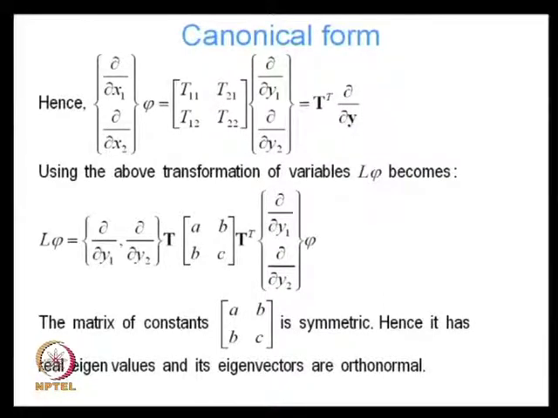Now look at this matrix A, B, B, C. This matrix is symmetric, right? Because it is symmetric, I know that its eigenvalues can't be imaginary numbers, its eigenvalues got to be real numbers, and its eigenvectors form an orthonormal basis, right? So I can do a spectral decomposition of that matrix. I can find its eigenvalues, I can find its eigenvectors, and I can write that matrix A, B, B, C,